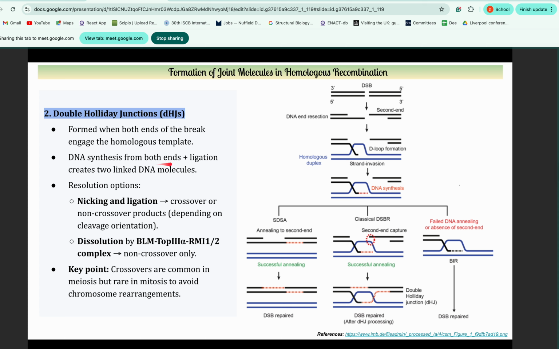DNA synthesis from both the ends plus ligation creates two linked DNA molecules. So in the case of SDSA, a single strand was getting annealed one by one, whereas in this case both the strands are involved at the same time, so this particular complex, this junction which is formed, is known as the double Holliday junction, and the resolution options are